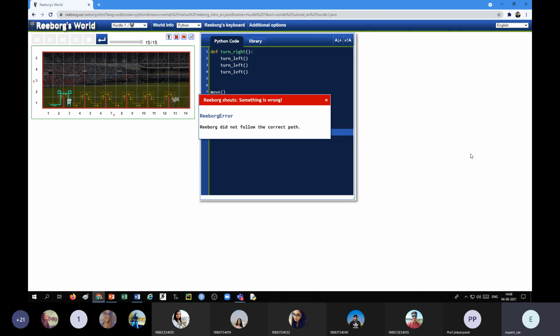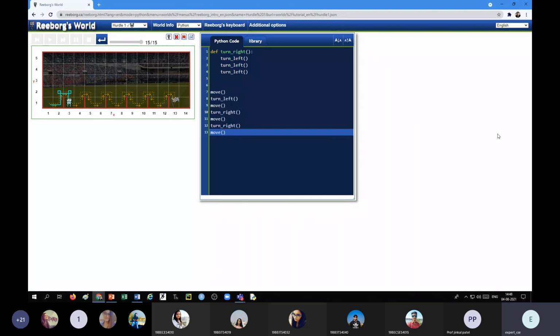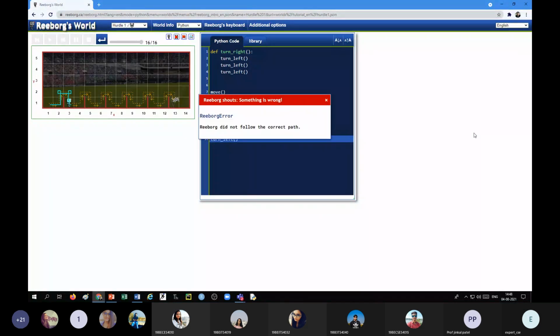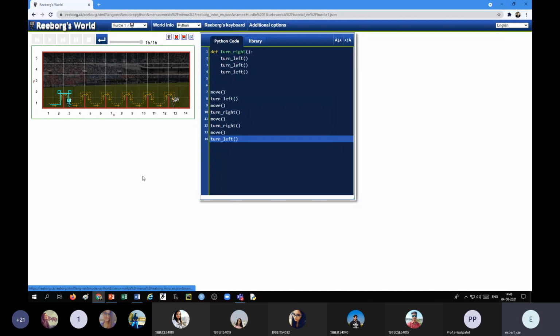Okay, so we came to the original position now, but before, see, the front side of the robot was initially on this side. Okay, so we just take turn left. And if we run this, we will get similar to the original position. Okay, so now if we repeat the same thing for how many times? 1, 2, 3, 4, 5, and 6.